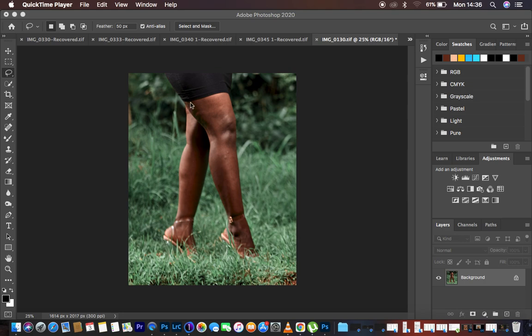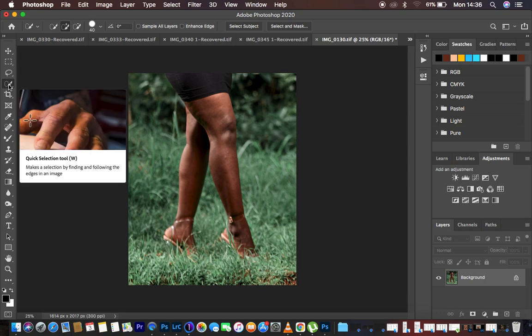So I've just decided to crop this because I don't want to show the face and anything like that. After having your image or that area that you want to perfect, I'm just going to first of all brighten up this area before I play my action. And in order to do that, I'm just going to come to